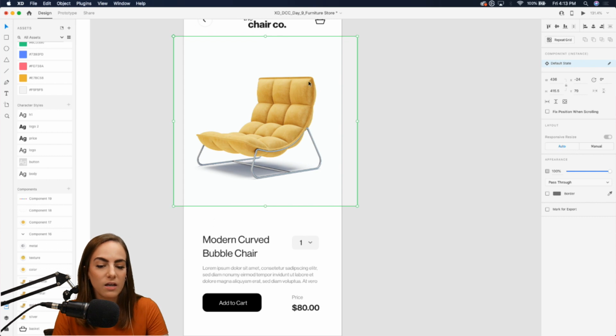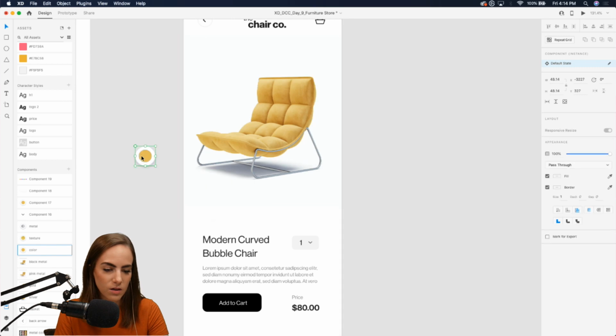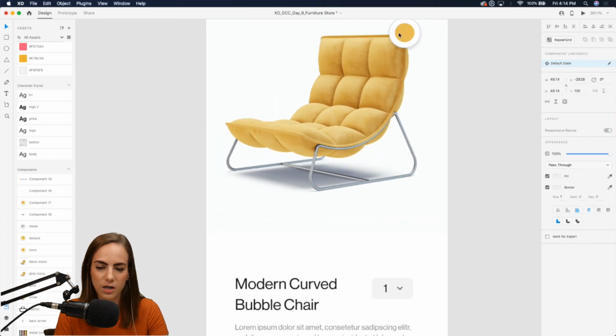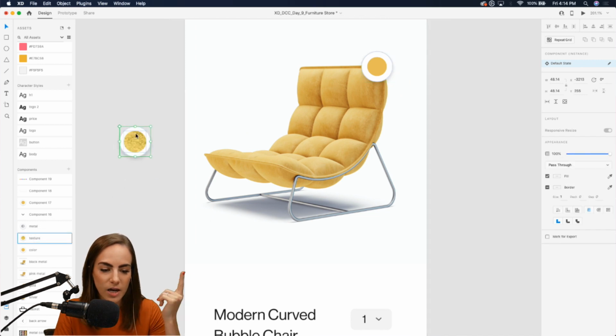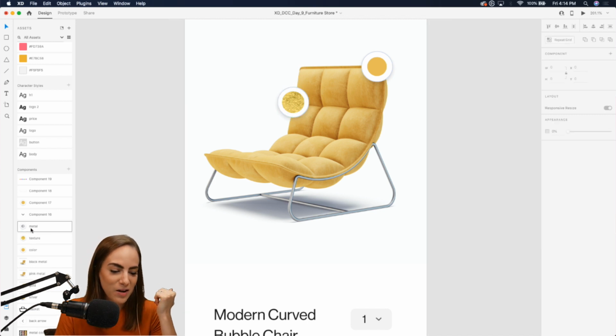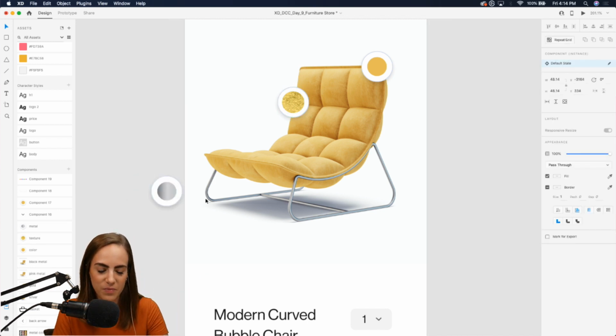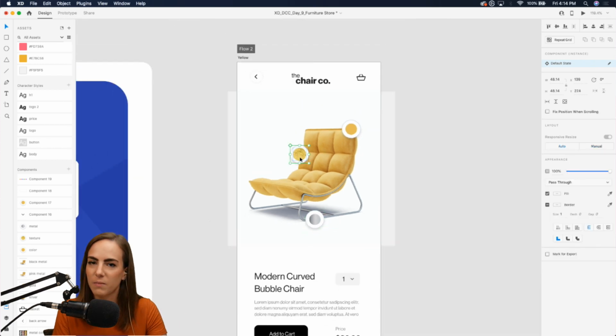First, we need some sort of button or toggle, some way to actually click on these things to change those colors. So I've just got a few little circles here. So let's say they can choose the color of the actual fabric. They can choose the texture, maybe that's like velvet, and then maybe metal. So whatever color this metal is down here. And then we can make those drop downs with